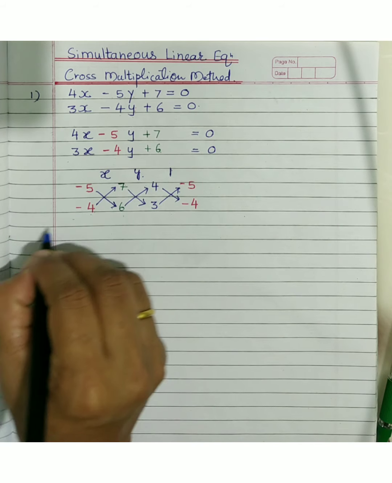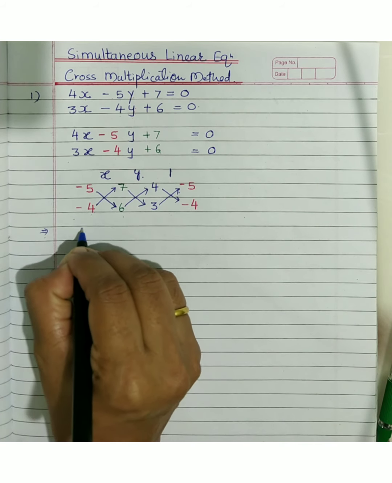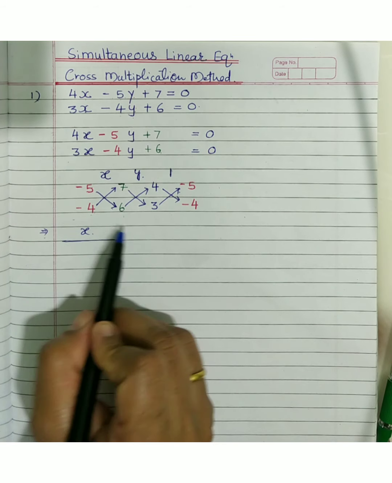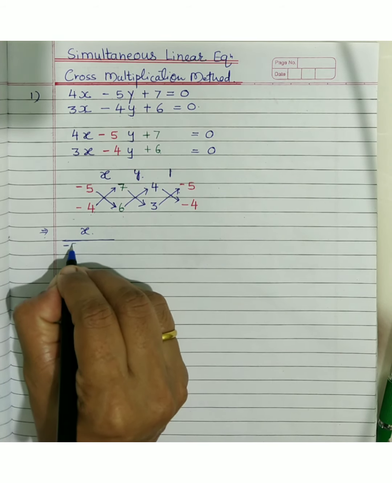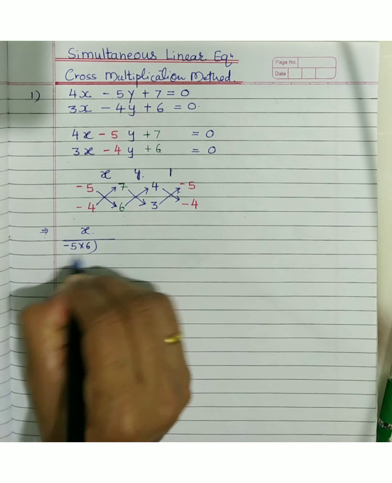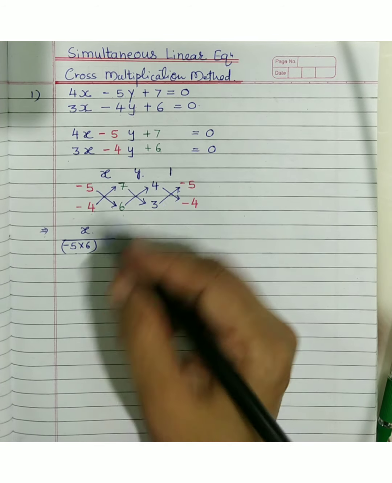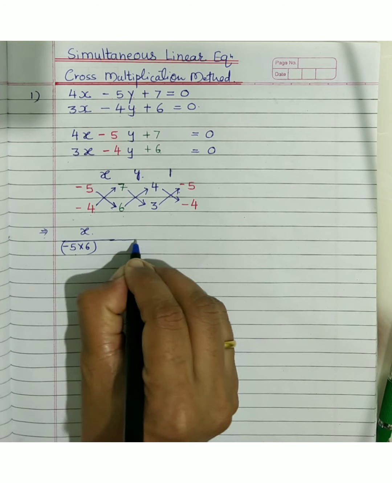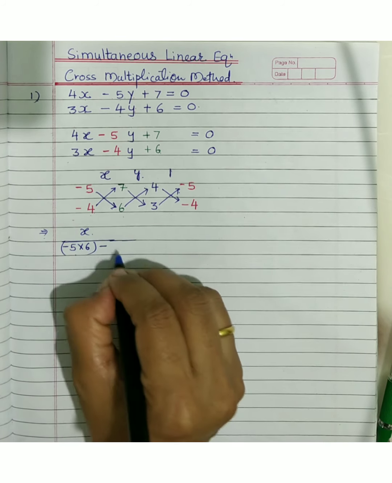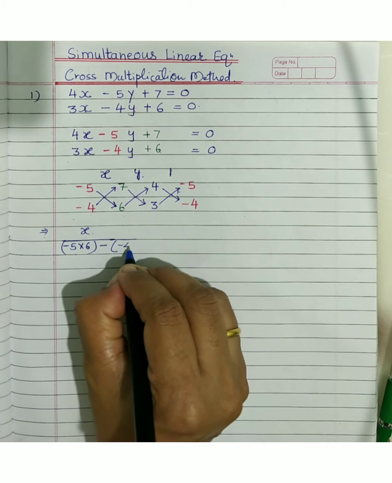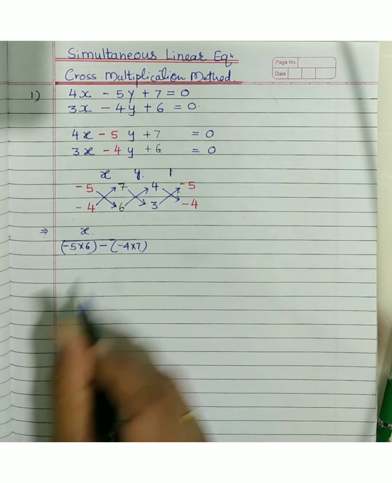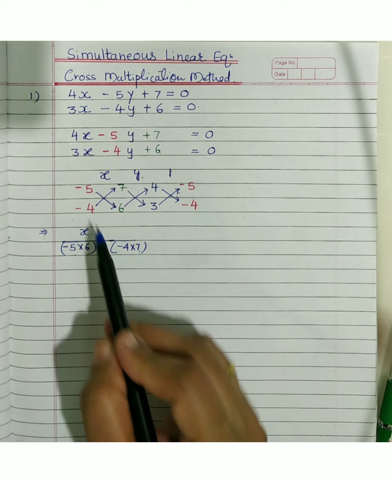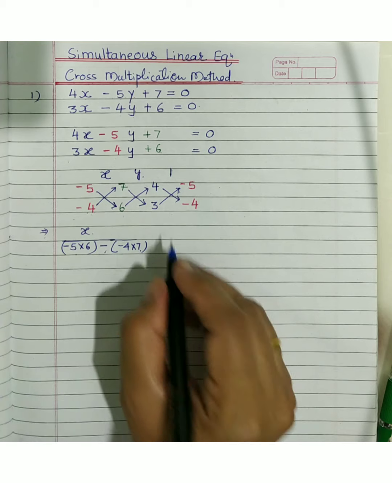Now by cross multiplication how do you solve? First write here x upon. Now work out with this. So how will it be? Minus 5 multiplied by 6, put a bracket. In the initial stage we will be writing this, later on you can do it directly also. Then the working is minus, what you are subtracting, minus 4 into 7. Are you clear children? Minus 5 multiplied by 6 minus 4 into 7.